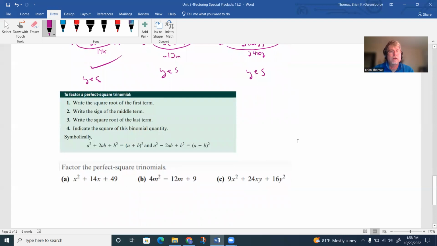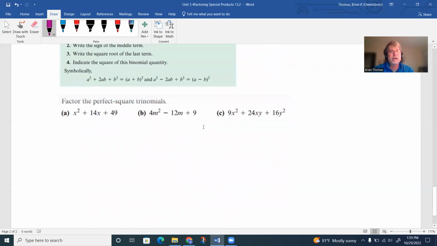So notice how we basically have this format, a squared plus 2ab plus b squared. If I can make the trinomial meet that format, notice how it's going to be a plus b squared. If I have a squared minus 2ab plus b squared, notice how if that middle sign is negative, then we use a subtraction sign between our two terms to make it a perfect square trinomial. So we want to factor the following